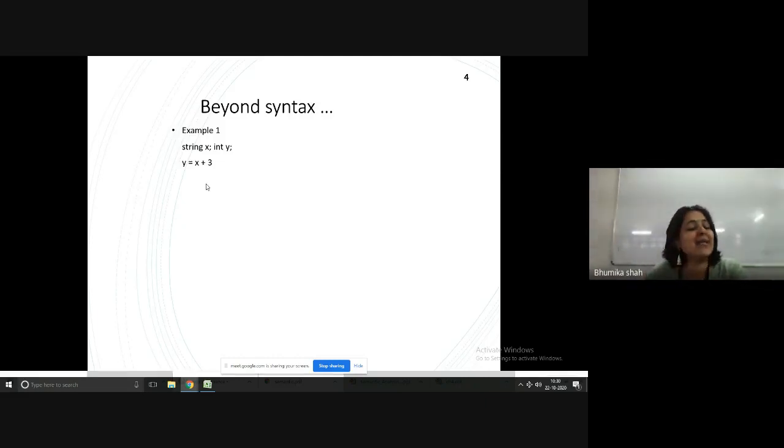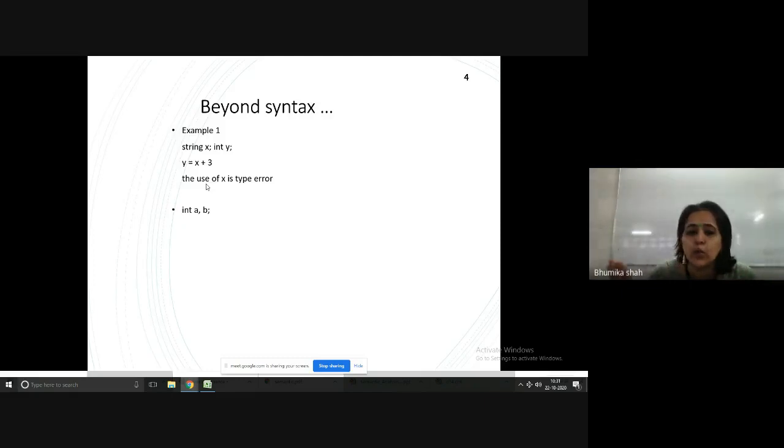So when you try to add x with 3 and store that in a string, that is not compatible, and hence the semantic analysis phase is going to generate an error. Because with the assignment operator, if you want to assign an integer somewhere, then on the right hand side you should have float or integer; you cannot assign it to a string. Okay, the use of x is a type error over here. Fine. Sorry, we were adding 3 to a string and then storing an integer, which is not possible because adding an integer to a string is not compatible, and hence an error will be generated.